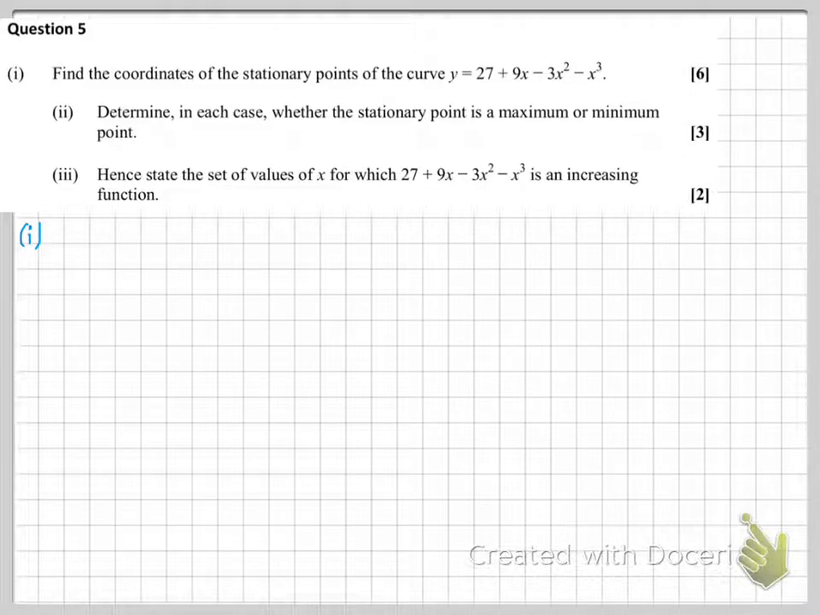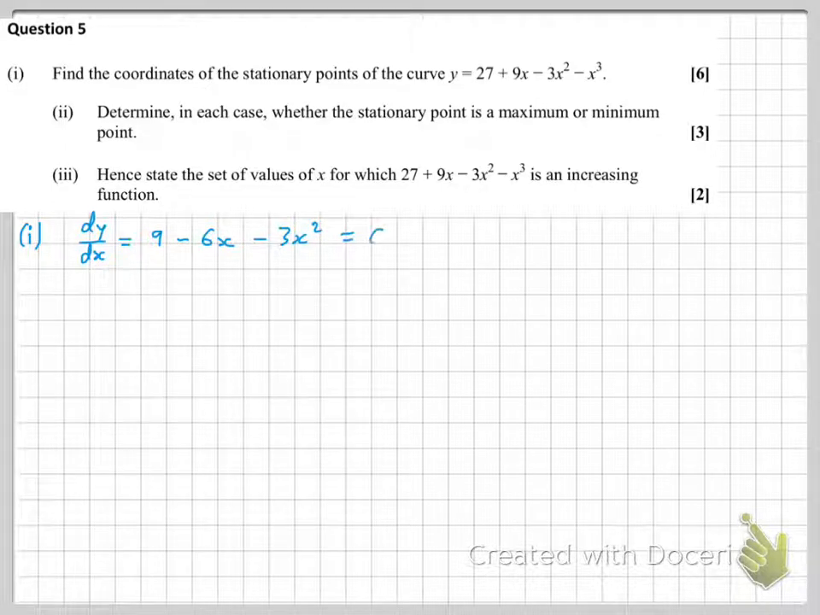Question 5, and we're in differentiation territory here. Part 1 for 6 marks is quite nice actually, because we're just finding stationary points. It's a process we've practiced over and over and over again, so crack on with it. We differentiate the original function, and then what a lot of people then do is they set it equal to